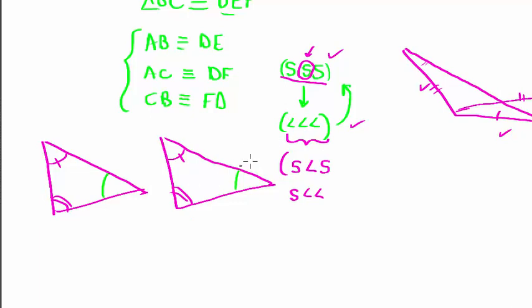That was this problem here. There could be two different sizes. But if I have one side length that is equal, then all the other three side lengths must be equal, because now I've determined they are the same size. At least one side length is the same, all of the angles are the same, so all of the opposites, all of the other sides must be the same as well.